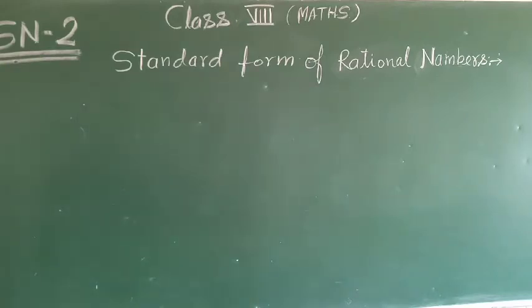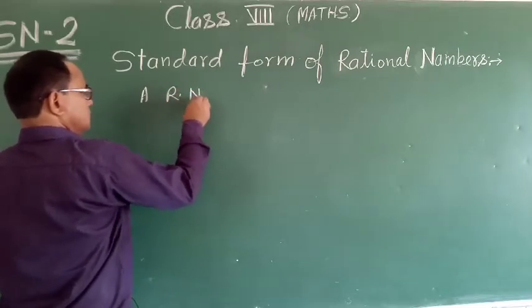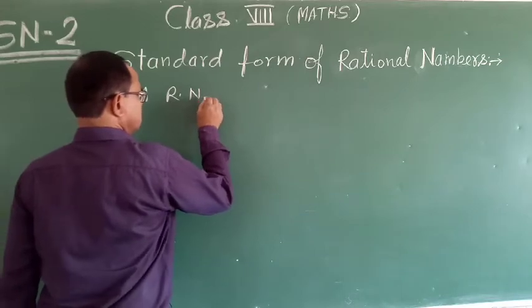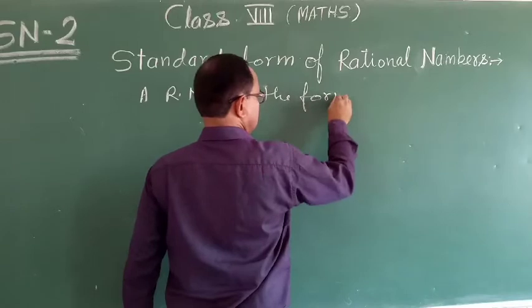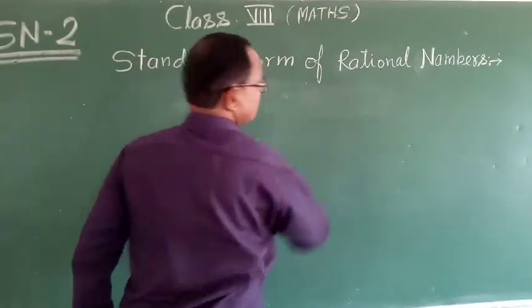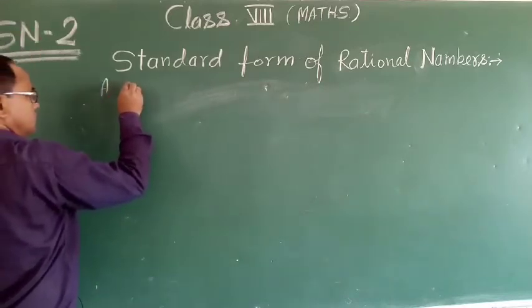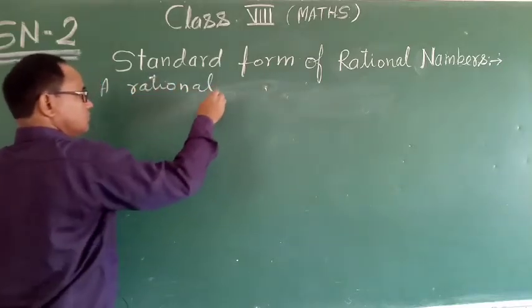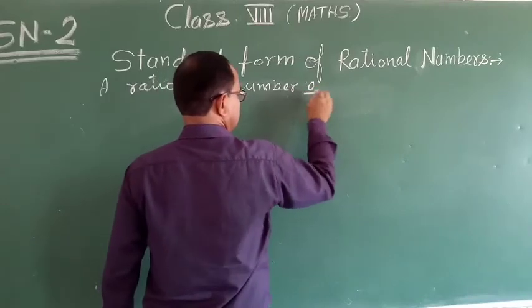the rational numbers in the form of a by b, rational numbers in the form of a by b, or you can write in this form: a rational number a by b